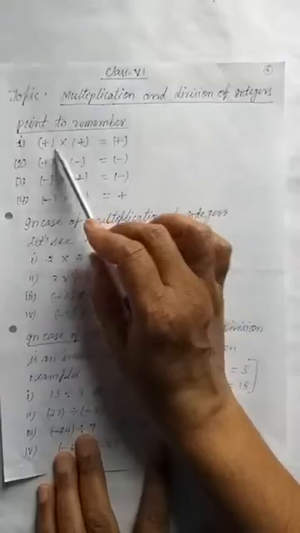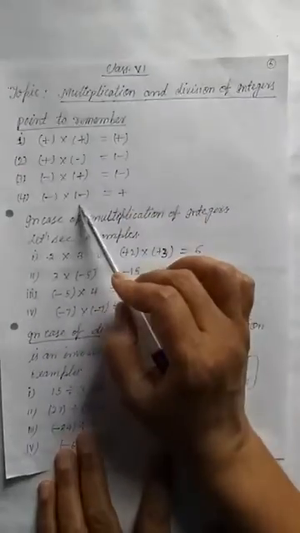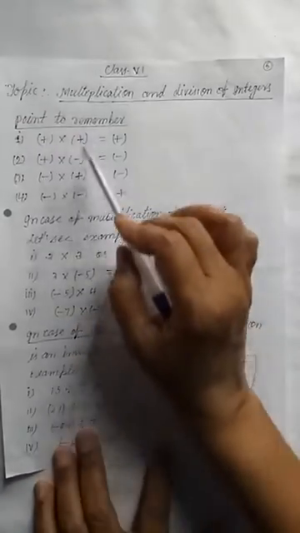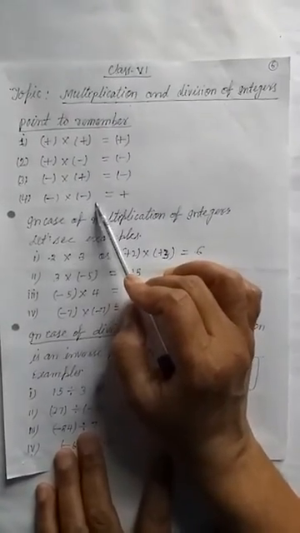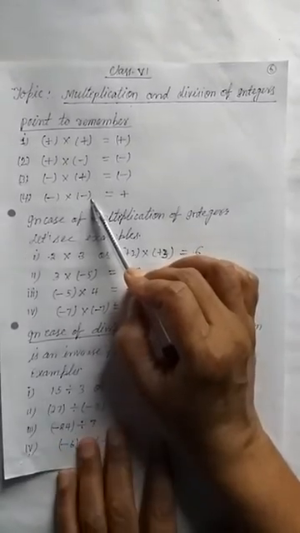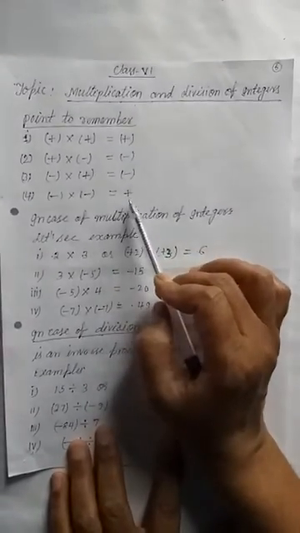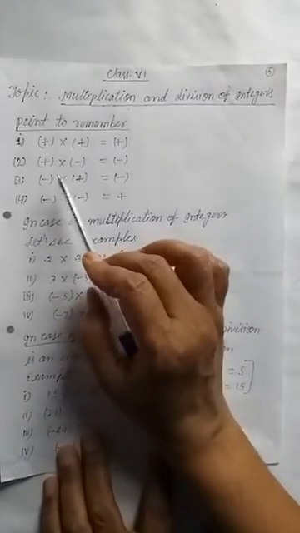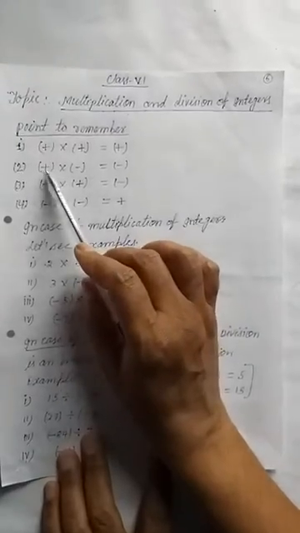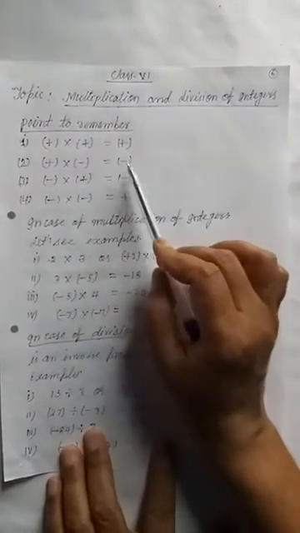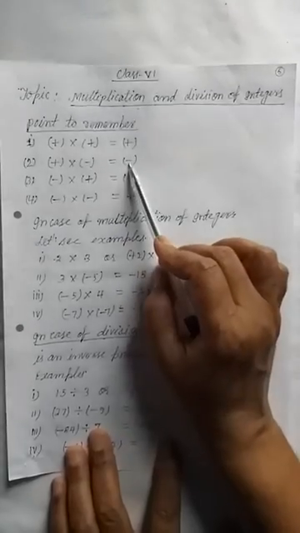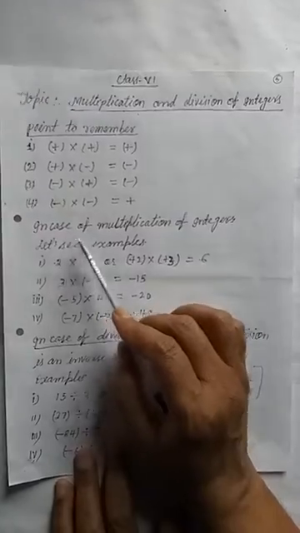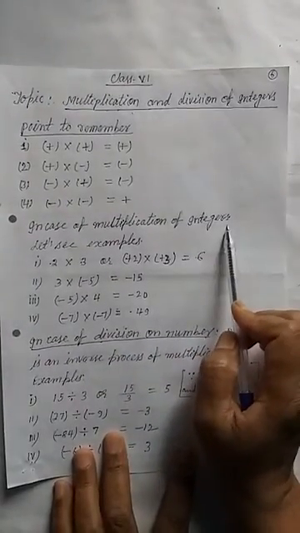Here there are the same signs. At the time of same signs, whether the sign is plus or minus, after multiplying or finding the product of the given numbers, according to this rule the sign will become positive. Here the signs are opposite, so one is plus, one is minus, and the sign will become minus in both cases. Now let's see examples to understand multiplication of integers, okay student.